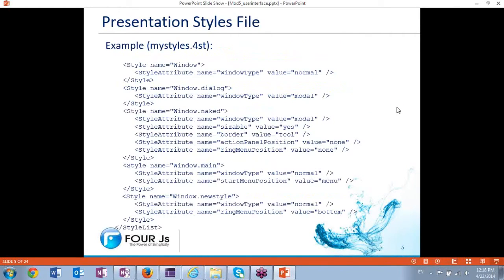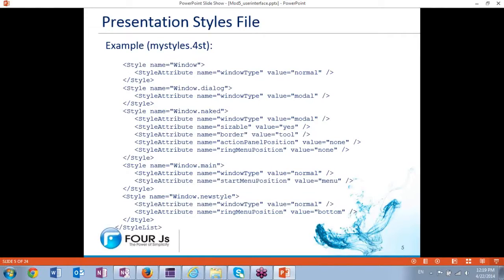Here's an example of a presentation styles file. The resource files that we'll be talking about this week, like the styles file, is all XML. So again, portable. It's all part of the user interface, becomes a node in our abstract user interface tree. So you can expect all these different resource files to look similar to this. They're all XML. So the example we've got here is from a user-created styles file called